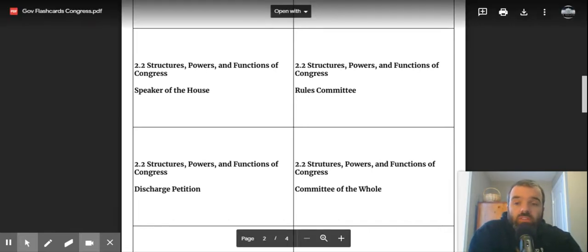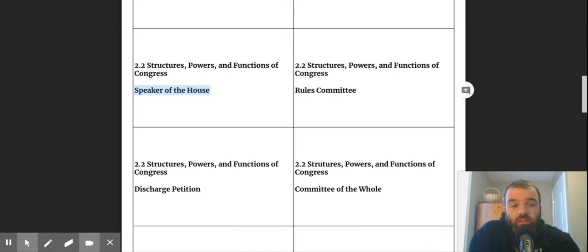So the House of Representatives is led by the Speaker of the House. This is selected by the membership of the House of Representatives. It's a member of the majority party. The Speaker has an enormous amount of power and influence in the House, and he or she can dictate what the House's agenda will be. They can play a large role in who's on what committee, and so they're certainly a very, very important spokesperson for the House of Representatives, and they play a role in communicating with their counterparts in the Senate and